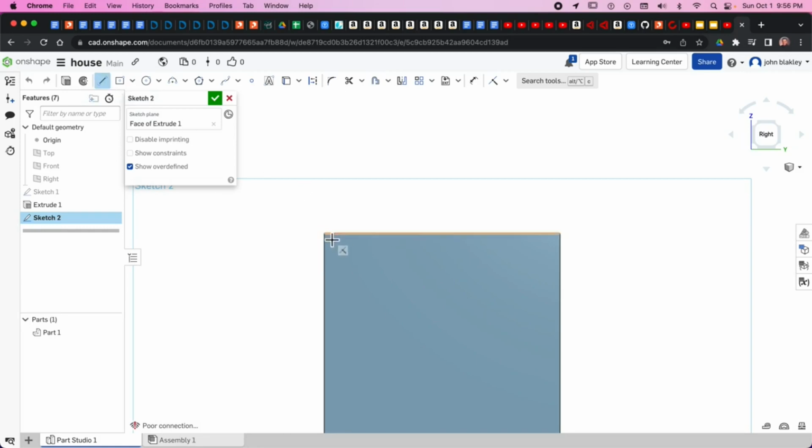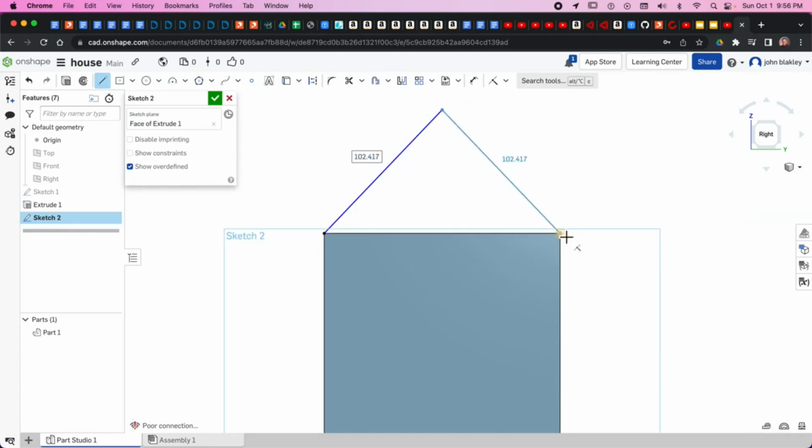Hover till it looks like a little circle. That means it's the corner. So click, it kind of lines it up. See that little line? It helps you know that that's the middle. So click there, and then go to the corner, little circle, and connect it. So now we have a triangle,